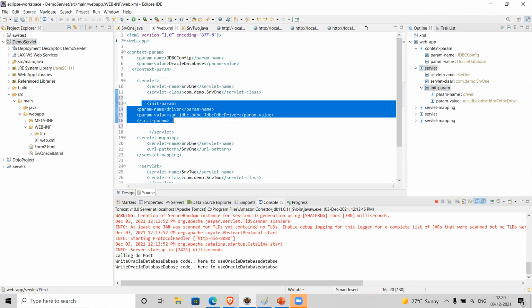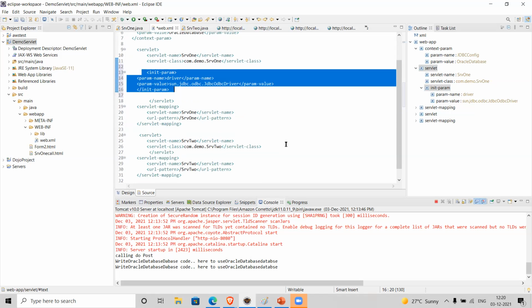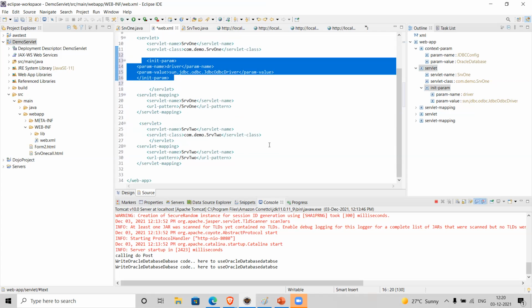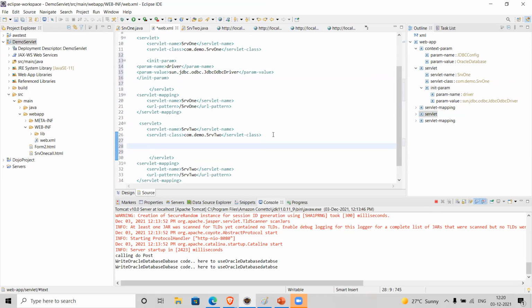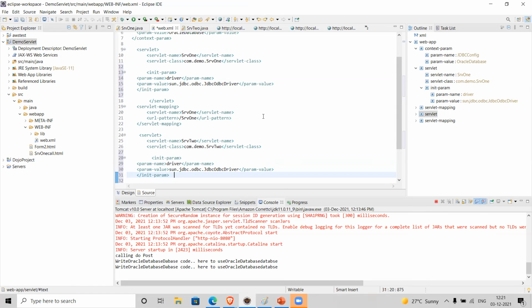I can't access this information outside SRV1. Similarly, I have SRV2, and if I want to pass any information to SRV2, where should I add it? Inside the servlet SRV2.